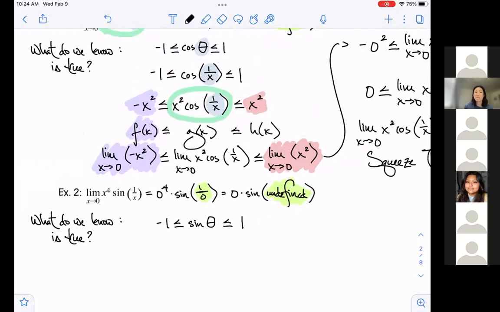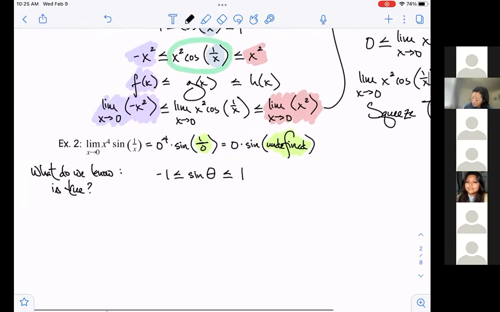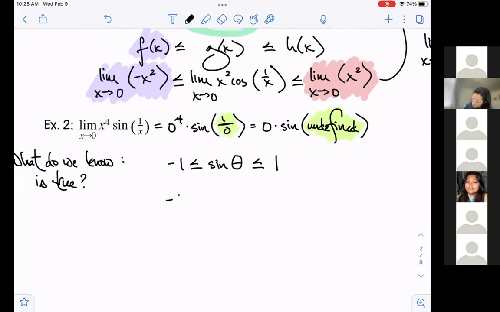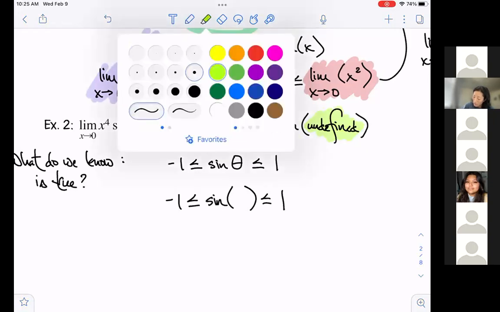What could we do next in our goal of constructing something that looks like the original question? Just take -x to the 4th. Basically follow the same steps that we did above. Okay, so I see that multiply by the x to the 4th, but before that, we want to replace that theta. Nice catch, Dan. What would be a good choice to replace that theta? 1 over x, right? We're choosing 1 over x